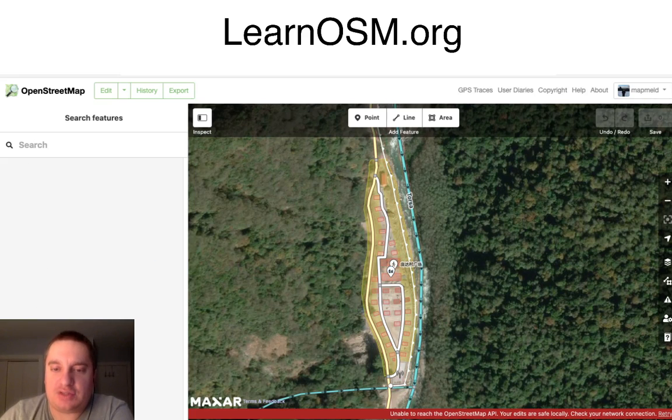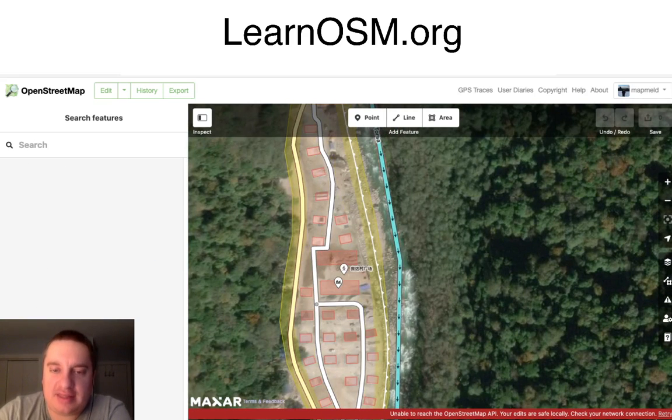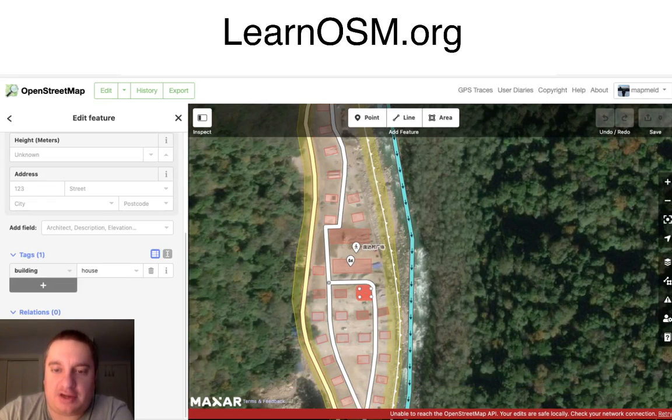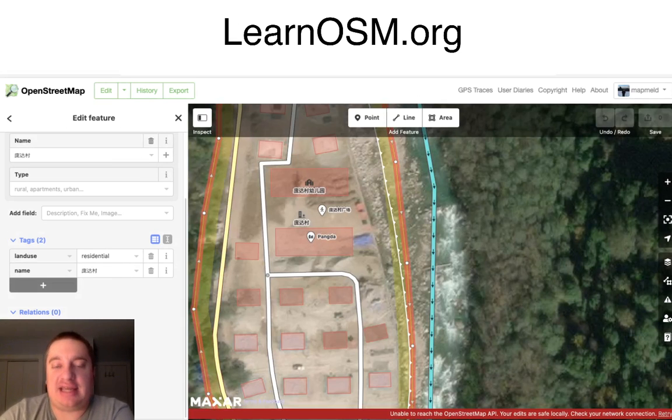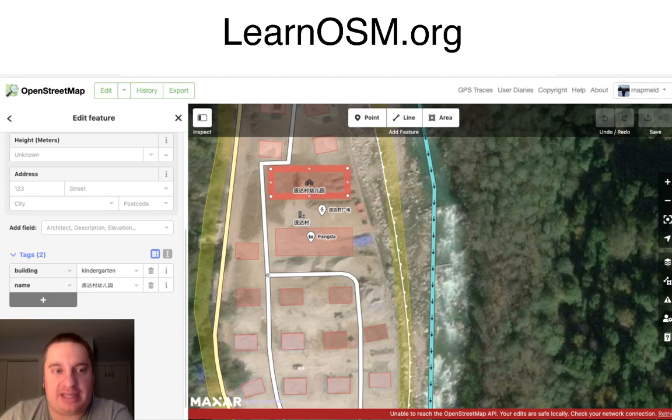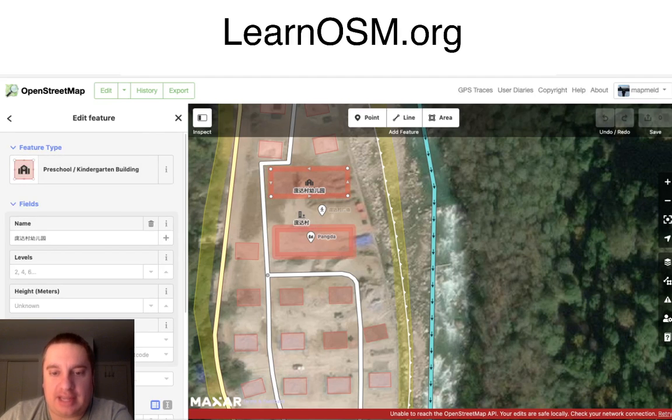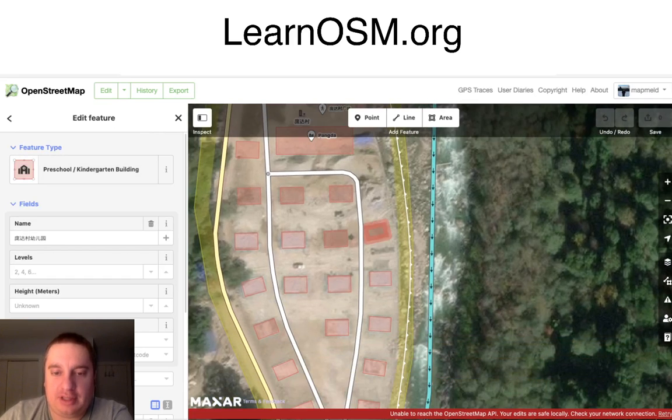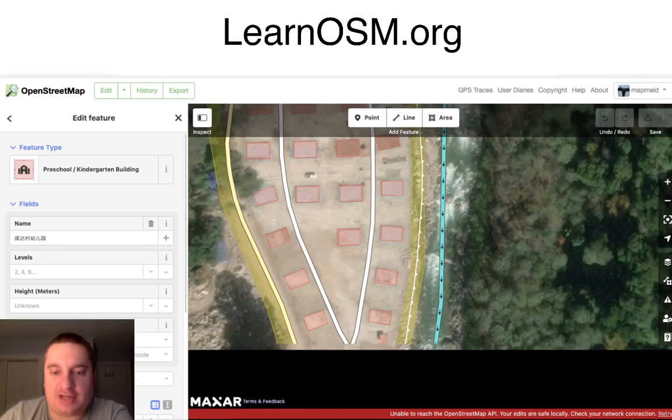Another thing that I noticed, which started to surprise me, is that they have building outlines here, including for places that aren't on the Maxar imagery. And they're very precise and they match the New York Times imagery. So this makes me believe that whoever drew these had access to other, more recent satellite imagery so they could trace things correctly. And then the final thing that I'll point out about this is that they've labeled this building as a preschool, and further down here they've labeled one of these buildings as a guard station,